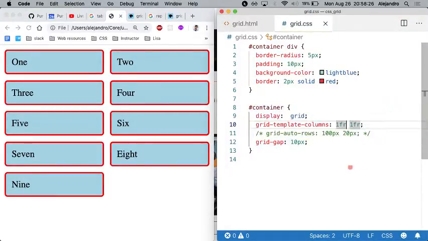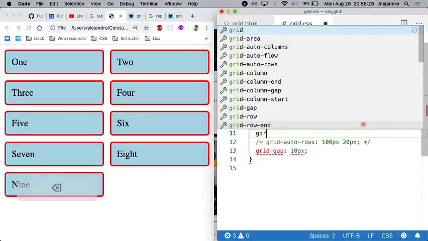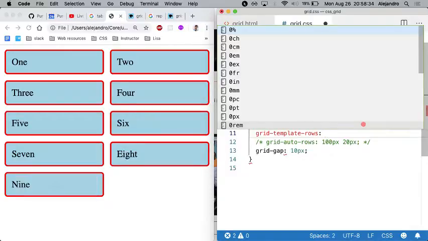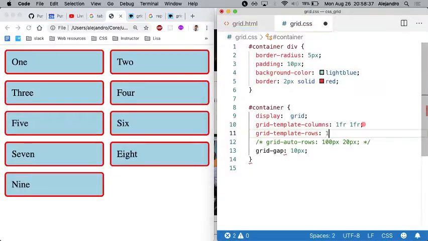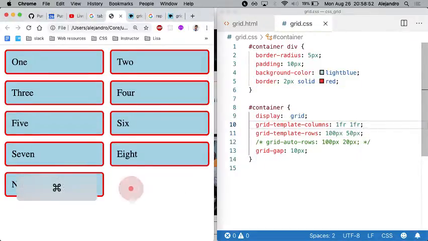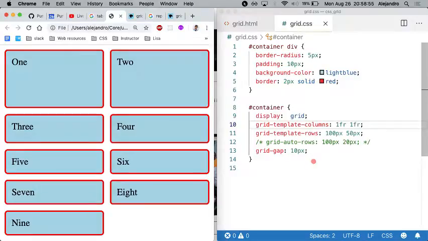And then what if we say here, grid template rows. I want, let's say, just 2 rows. One of 100 pixels and the other one of 50 pixels. So my grid will be a 2 by 2 basically. Let's try it. Refresh. And we get a grid of still 2 by 5,